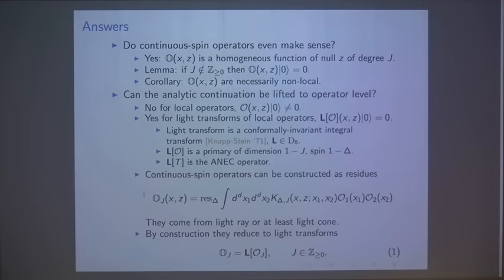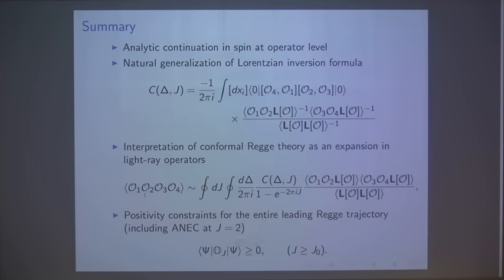In free theories, we can explicitly compute this, and we obtain expressions which coincide with well-known expressions for continuous spin operators in free theories. So this explains how we can analytically continue operators in spin, and here are some formulas that we can show you,